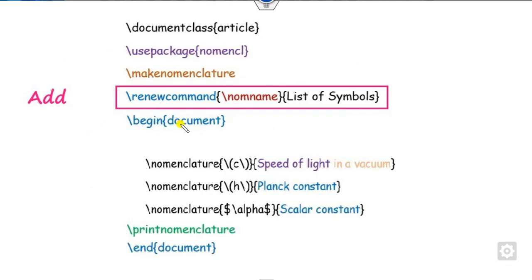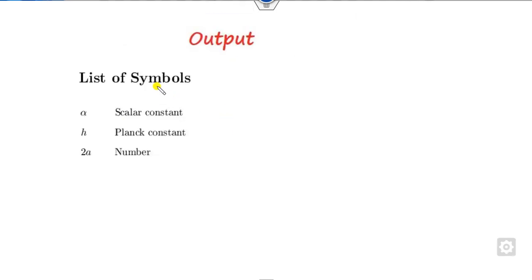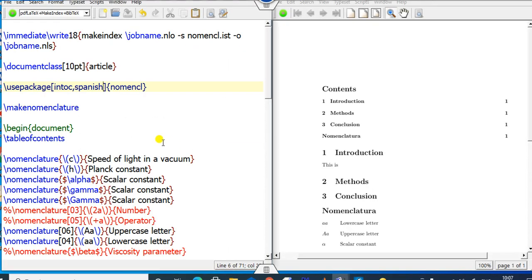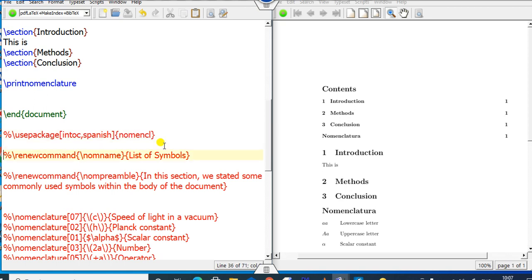What is the meaning of the preamble? Anything which is before \begin{document}. So you have to write this line, the new command. When you run this file, you will see the output like here. So make sure students, one more thing: here, if I copy this line for you,